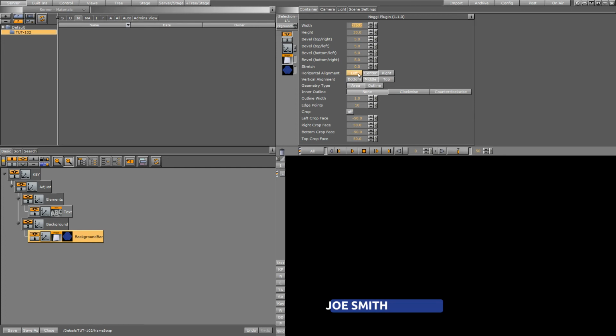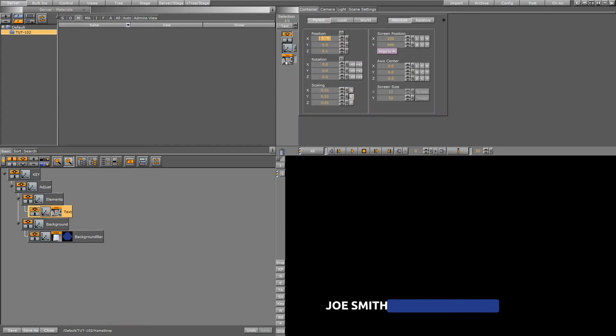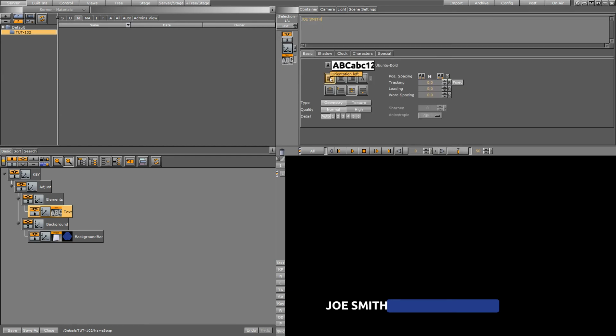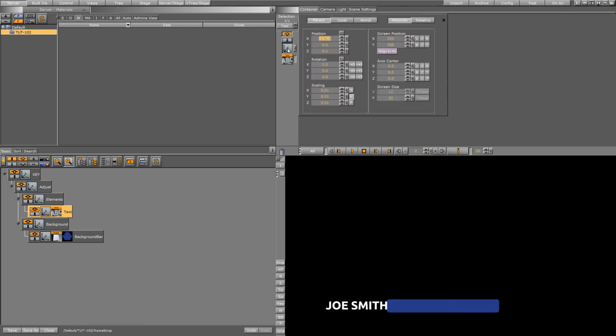If we change the alignment of the bar to left, you see now when we change it, it only changes the size from the right hand side, locking the left hand side where it is. If you've got left hand justified text, this is the way you probably want to construct it. So with the horizontal alignment to the left, we can go back to our text and we can go to our text options, and we can see we're on left hand justify here. So if we go to our text position, we can then reposition that to the left hand side of the bar,